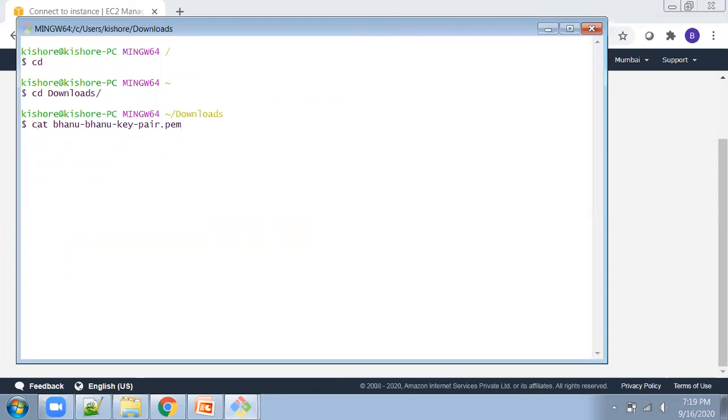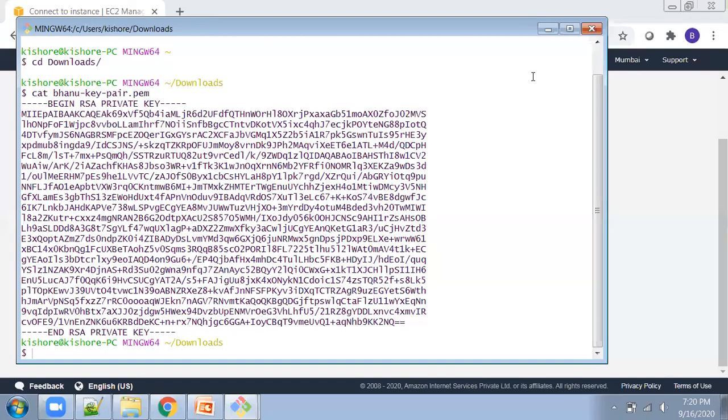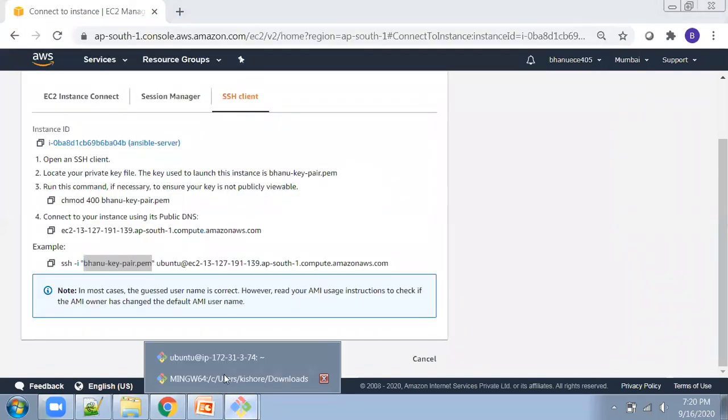Oh, second time, okay. Yeah, this is the key pair. You can cat the content. Yeah, now I use the cat command and I'm going to the